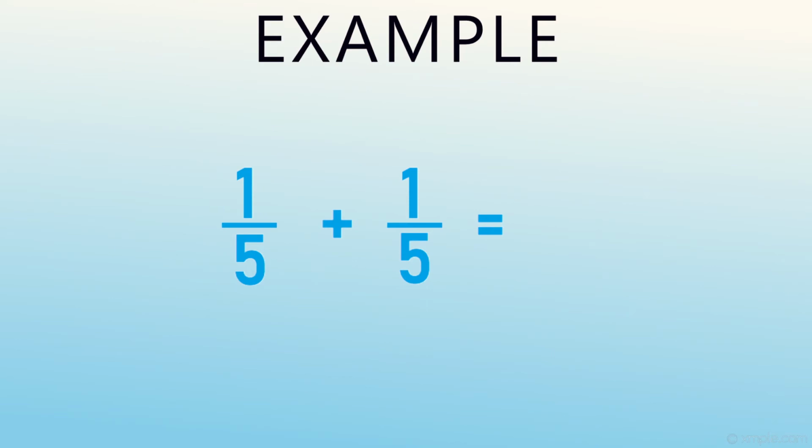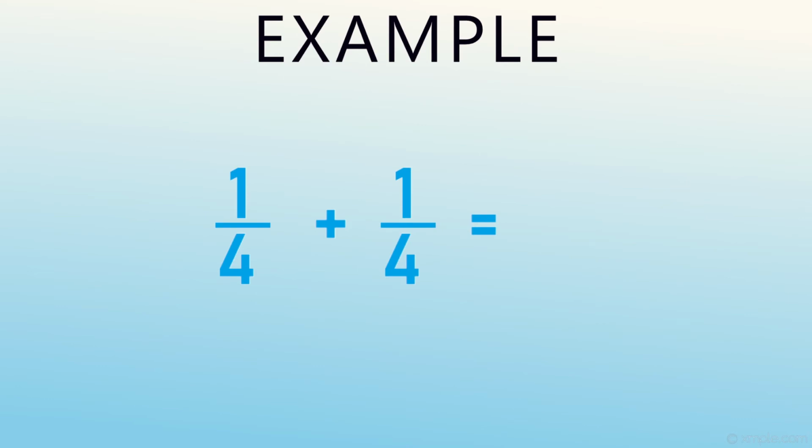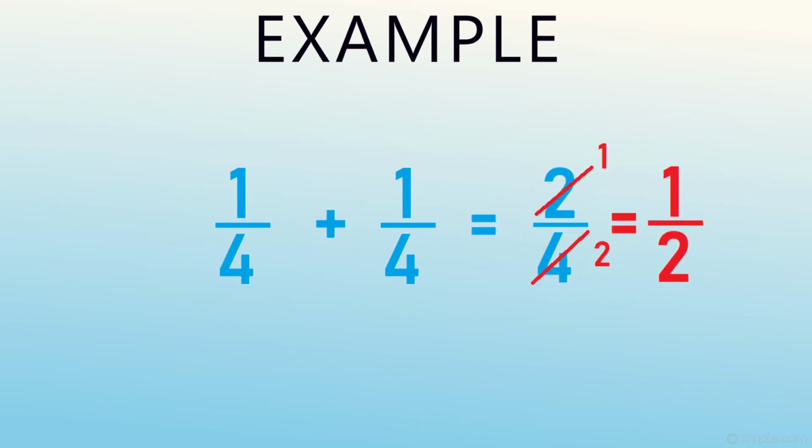Like what I want to say is you can add the fractions which have the same denominator. So if the fractions which need to be added have the same bottom numbers, we can just add the top numbers together, keeping the same bottom number in our answer. For example, let's see the previous example, 1 over 4 plus 1 over 4. According to our trick, we just need to add the top numbers together. That is 1 plus 1 is 2, and we will not add the bottom numbers, we will just keep the bottom number the same, that is 4. So the answer is 2 over 4, which will be further simplified as 1 over 2.